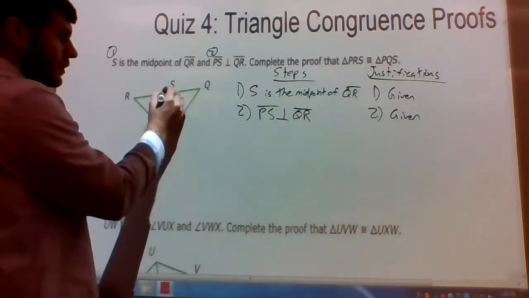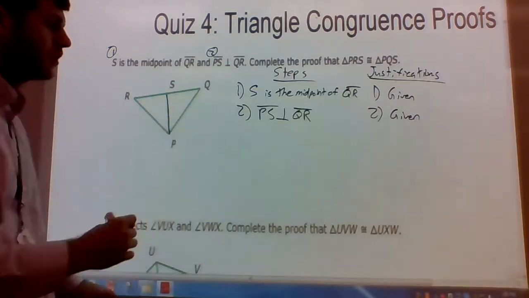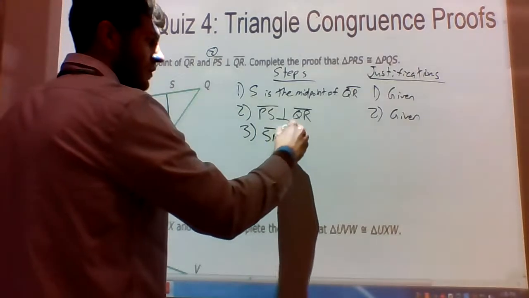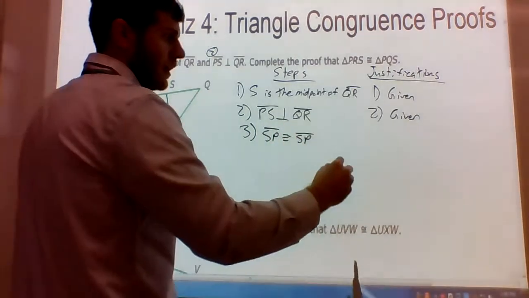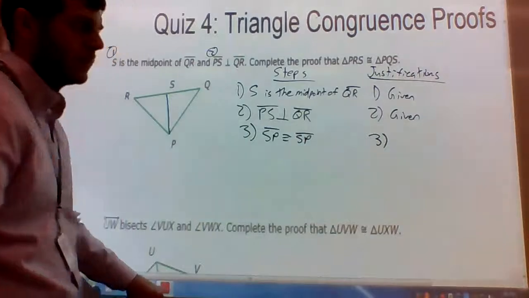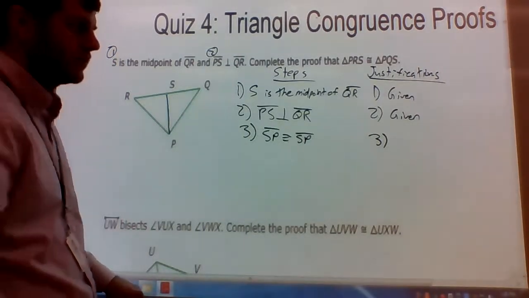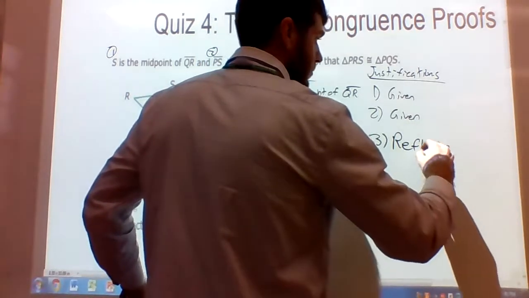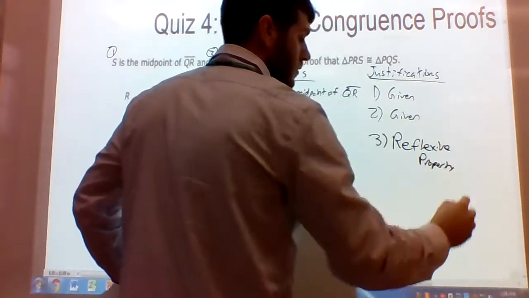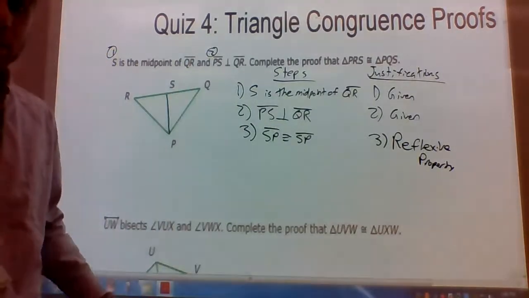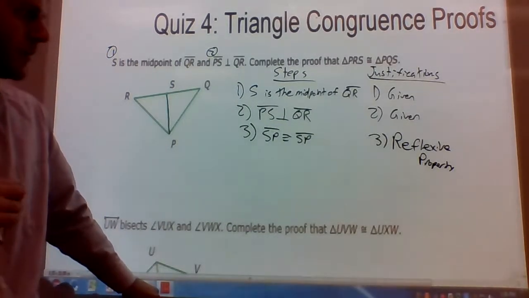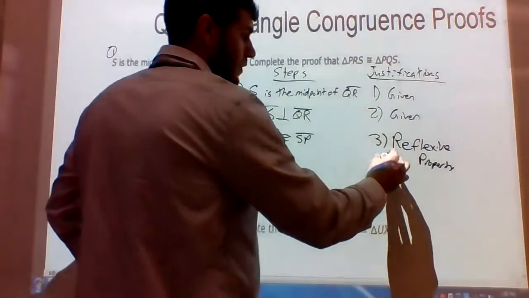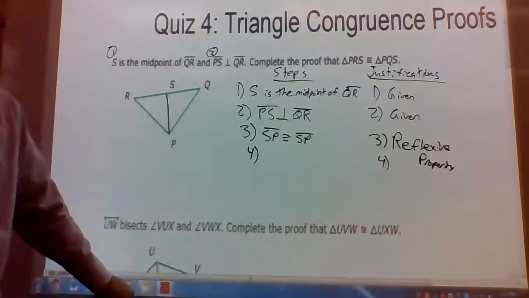Okay, and if we notice, we do have a shared side. SP is part of both triangles. Okay, so we have SP is congruent to SP. That is the reflexive property of congruence. But you don't need to write of congruence. We can just leave it at reflexive property. Okay. No vertical angle, so we can move on to the third step in the process, which is to use